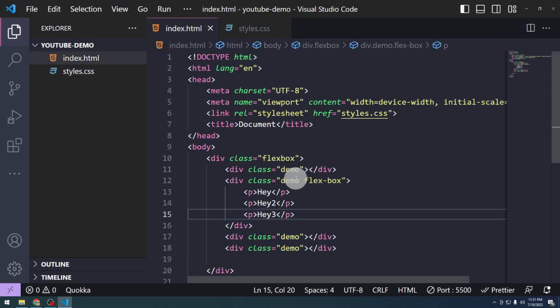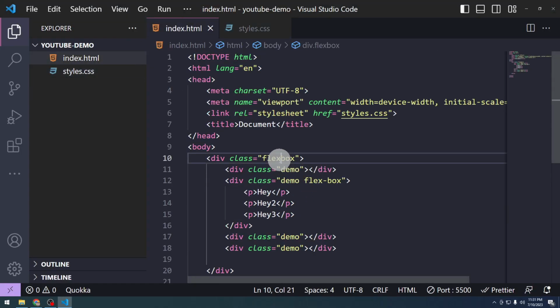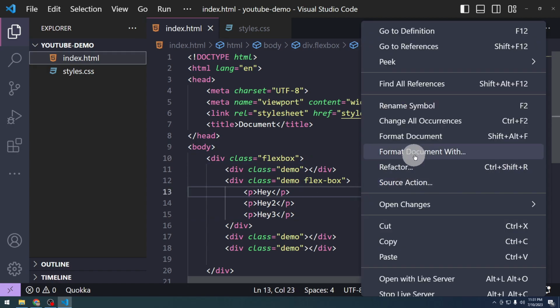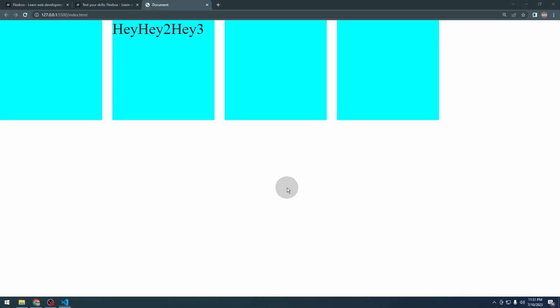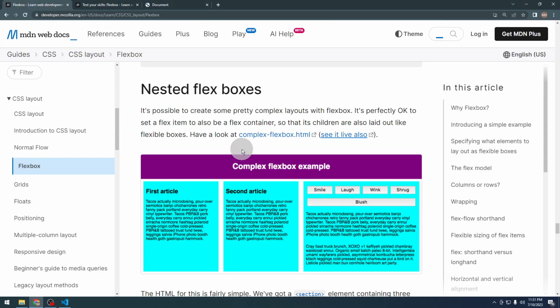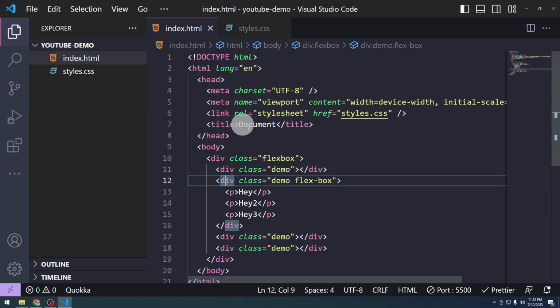30 pixels. Okay, so this is now a Flexbox as well. So this is a Flexbox inside a Flexbox. The outer one, the div, is a Flexbox, and the inner one is also a Flexbox. So that's what it was talking about, nested Flexboxes. So we might need a Flexbox inside another Flexbox sometimes, because let's say we now want this